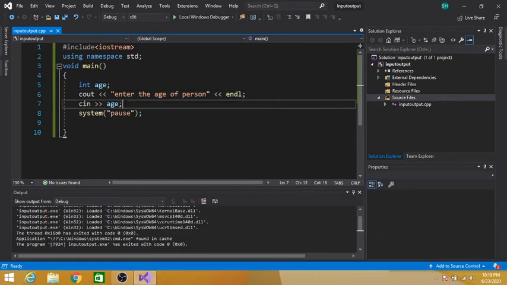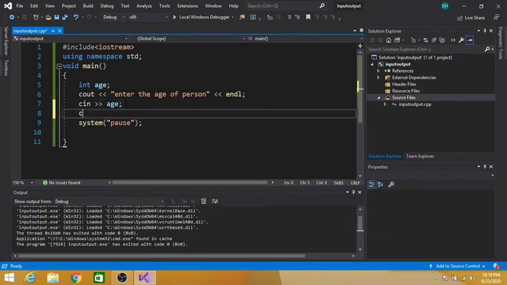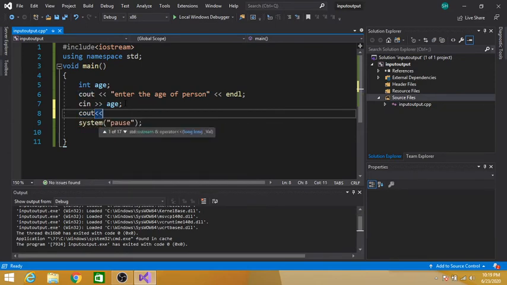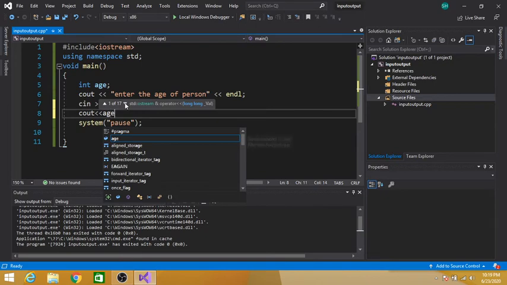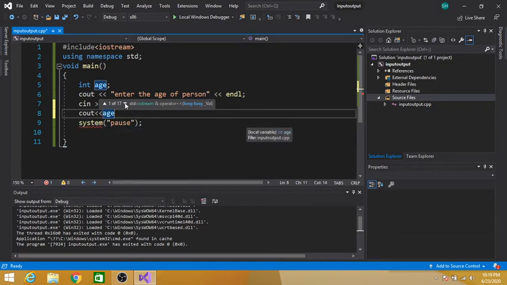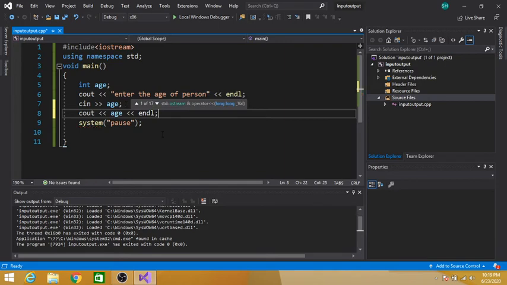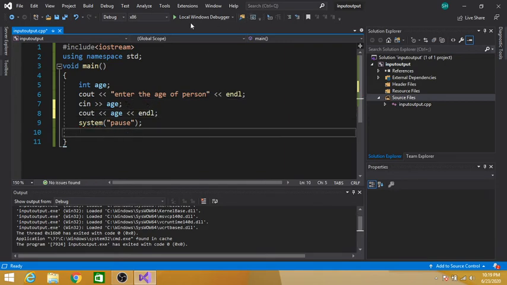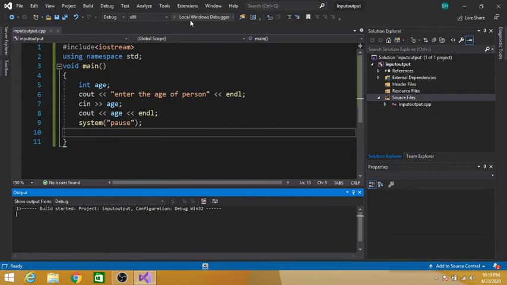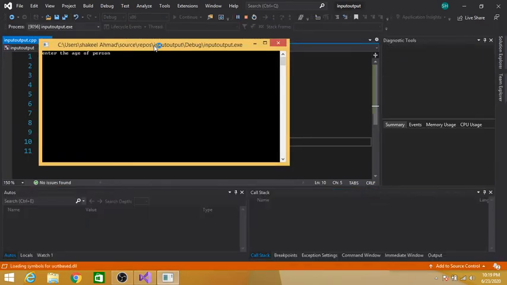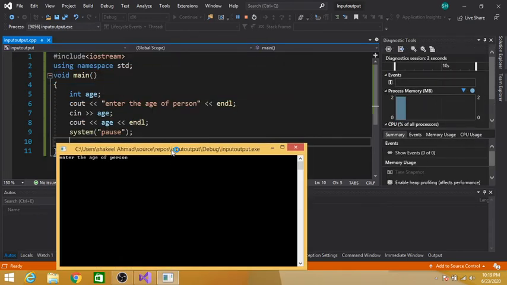We can also display the age so that you can clearly understand: cout age, endl. Now let's see what is happening here.